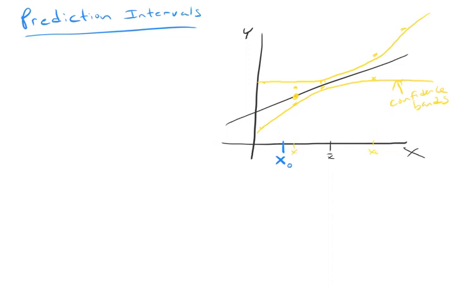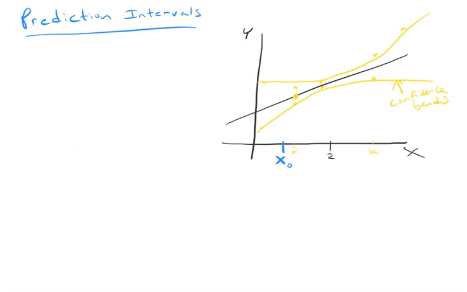For example, suppose that x is height and y is weight. Someone enters the room, she has a certain height, and what I want to know is the whole range of weights that she might have, right? Like, I don't know, maybe I'm supposed to give her a t-shirt to wear, right? So if I know how tall she is, what's the range of weights that are appropriate for someone of that height? Or maybe we're trying to predict college GPA with high school GPA. If this value of x naught is her high school GPA, I don't want to know the mean college GPA for someone who has her high school GPA, but rather I want to know the entire range of college GPAs that we see for people who have her high school GPA.